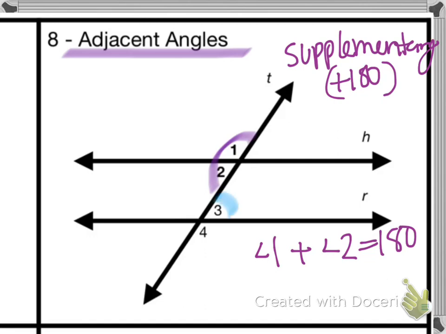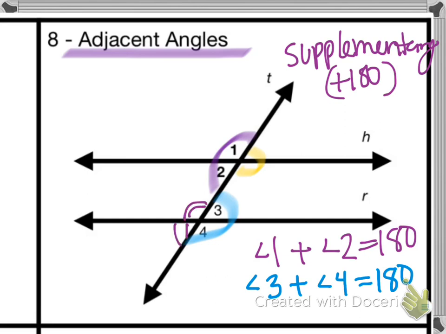Likewise, here we have angle 3 and we have angle 4. Those are also going to be adjacent angles, and so those are also going to add to 180 degrees. And so here, I think last time I had pointed out that there are other adjacent angles. So here, opposite of 1 and 2, those would be adjacent angles. Opposite of 3 and 4, these would also be adjacent angles there. And then adjacent angles could also be right next to each other. So here these are side by side, and so what I mean by that is you can have